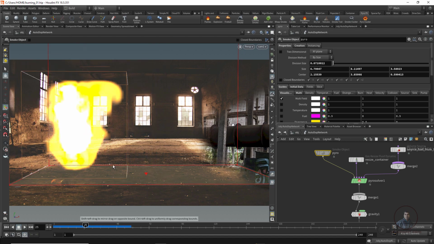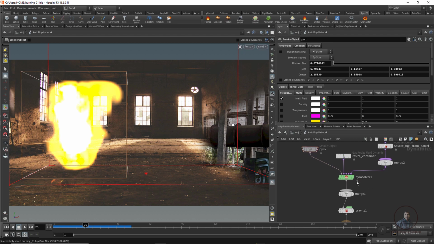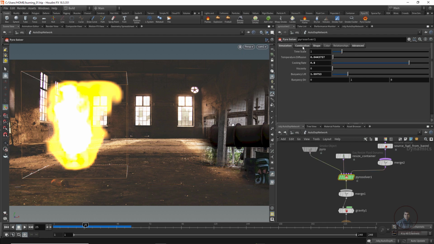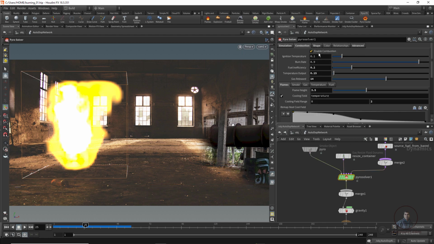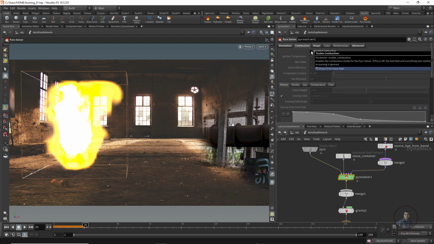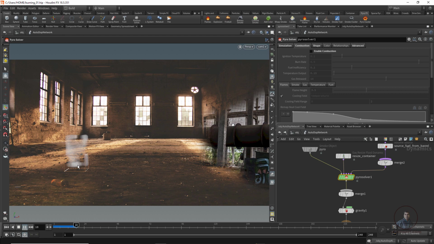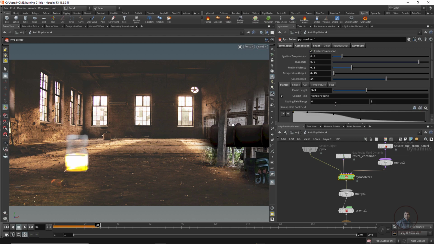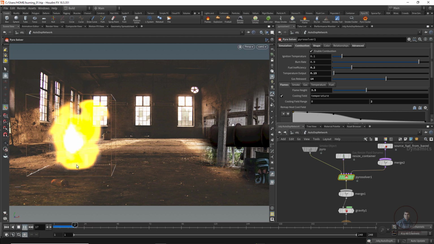Now just stop it here. Again Control S. Now I am going to adjust these effects, the fire effect. Here select this pyro solver, this one. Now come into conversion. If you switch off this one, nothing will be here, so if you play now, nothing will happen. This is the main parameter. So enable this one again, come here, and play and check. Now you can see.